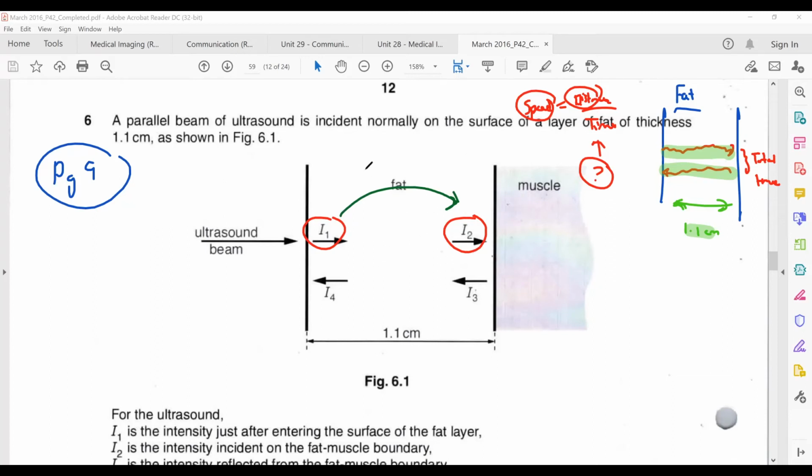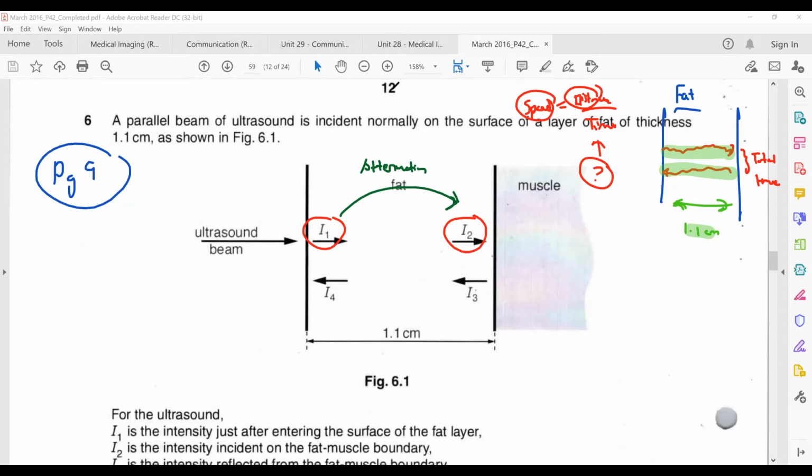So from here to here, you have attenuation. Decrease in intensity of the ultrasound after it's traveled through the layer of fat. Then once your ultrasound reaches here and it hits the boundary between fat and muscle, you know that for ultrasound, whenever it hits the boundary between two different mediums, it will have a portion that is reflected and a portion